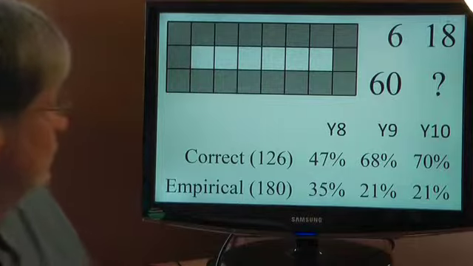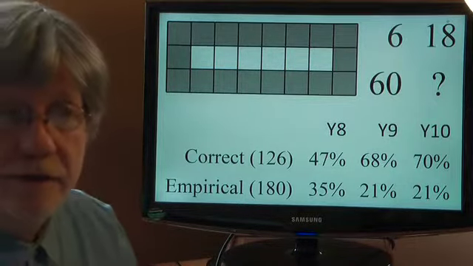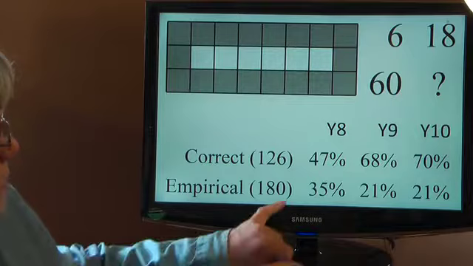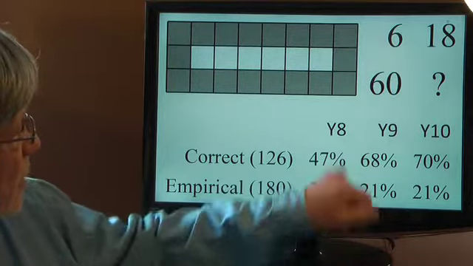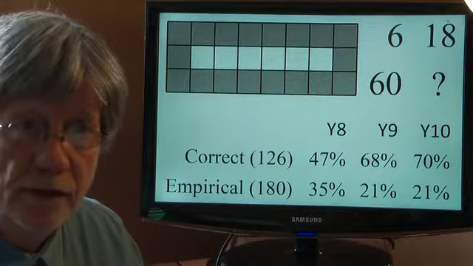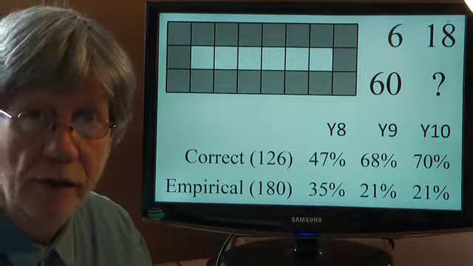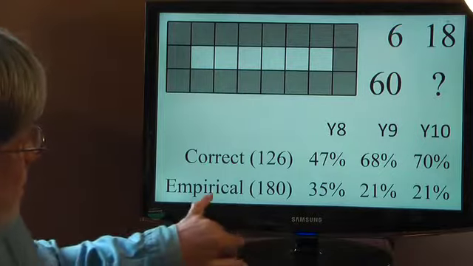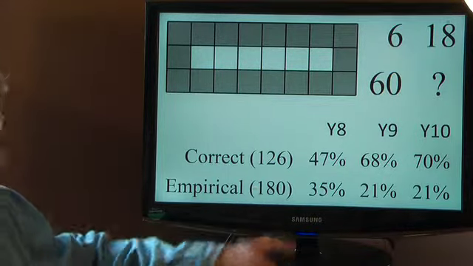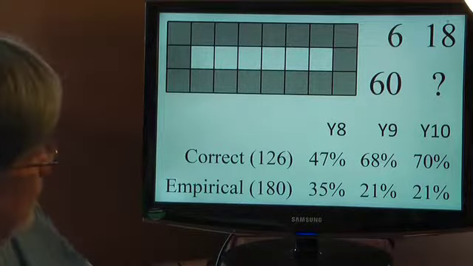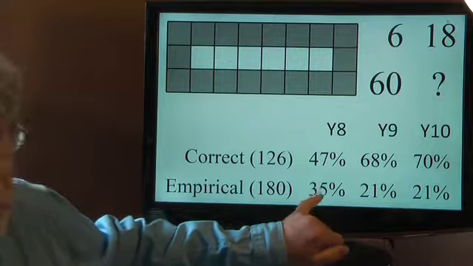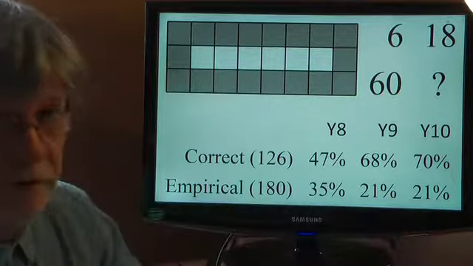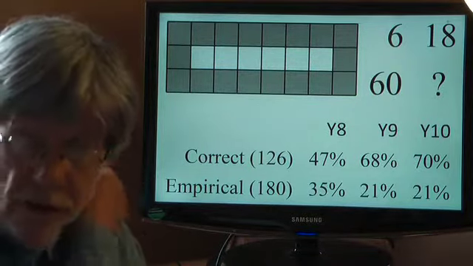Now these are the frequencies we got for our years 8, 9 and 10 students, and these, by the way, were quite high performing students. They were from the top 1 or 2 sets in the school. Now, 2 things. These are the students getting it right. So the year 8s, the 13-year-olds, about half of them got it right, presumably used the structural argument, coming up with 126. When one looks at the empirical responses where the students give the answer 180, a third of them in year 8 give that, so they home in on the numbers, they leave the structure behind, and it's still about a fifth of them do it in years 9 and 10. That's a substantial minority of high performing students,